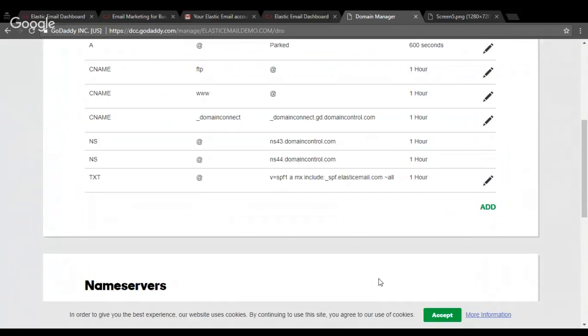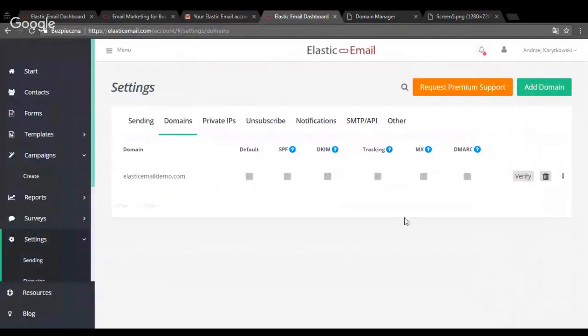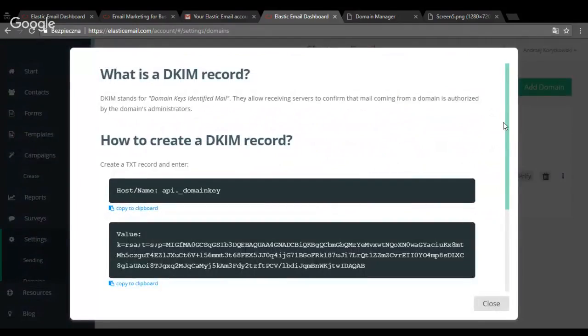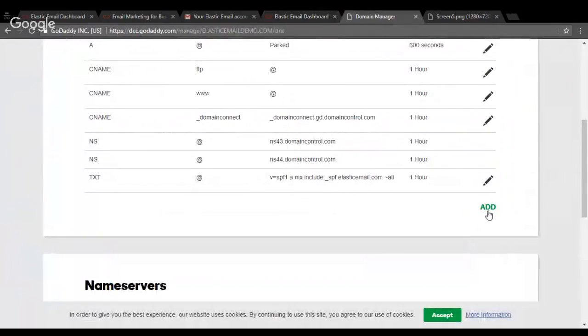So there were 2 other records, DKIM and tracking, that we would like to cover in this tutorial. Sure, let's do it. So for the DKIM, we do the same. We click the DKIM tooltip. There's another description. This time, this is a TXT record again. Yeah. And this time, the name or the host is different. It's called api._domainkey. You can copy it by using this copy to clipboard button, go back to domain manager,